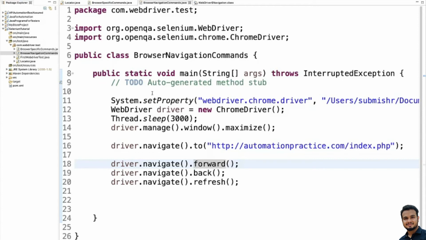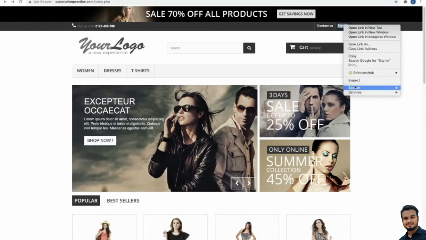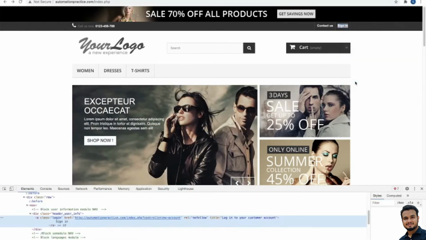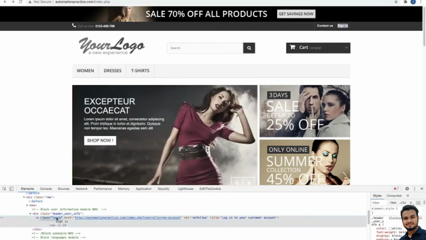Okay, so let's see through a code. First, we are navigating to this URL, and then we'll click on this sign in button, right? So let me inspect and write the XPath for this. Here the class is login.